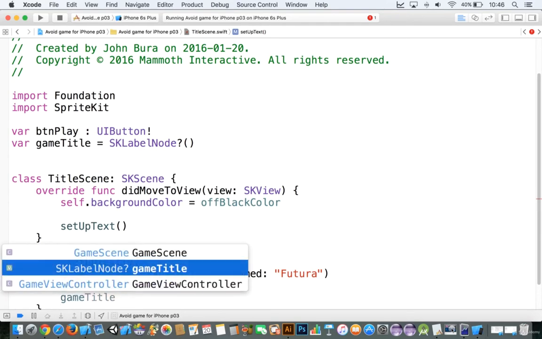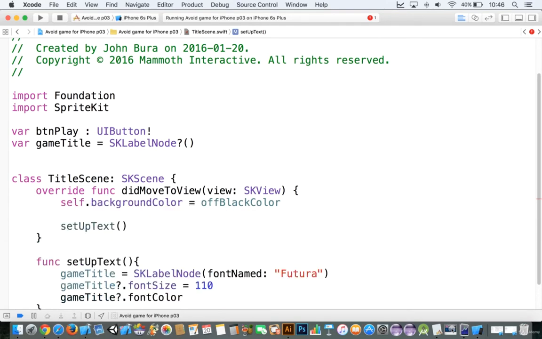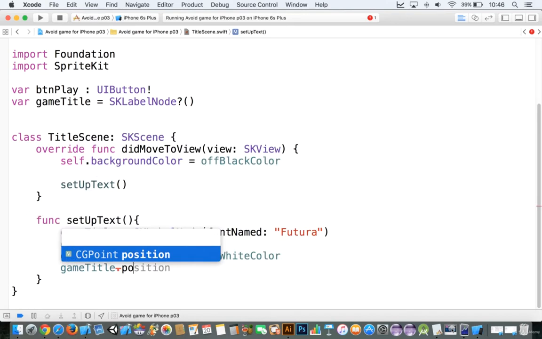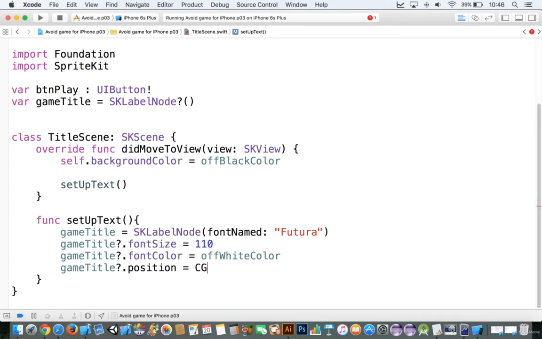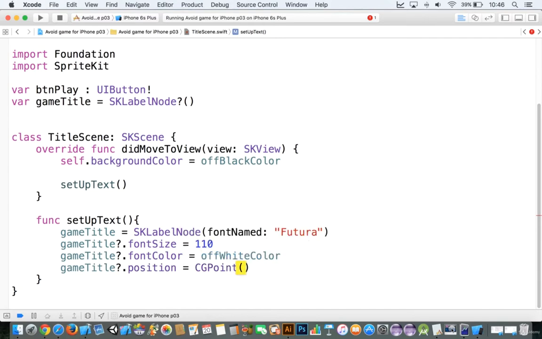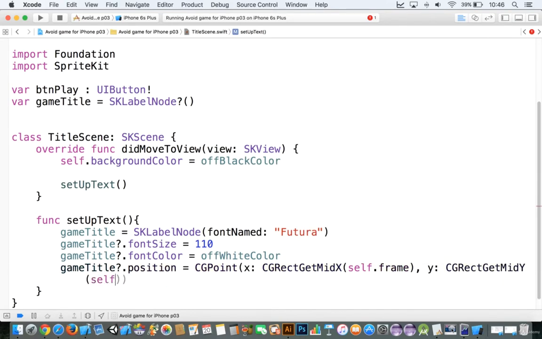And we're going to go to gameTitle.fontColor, make it equal to an off-white color, and we're going to go to gameTitle.position is equal to CGPoint. We're going to say that this is the CGRect getMidX, and we'll say the CGRect getMidY, self.frame,